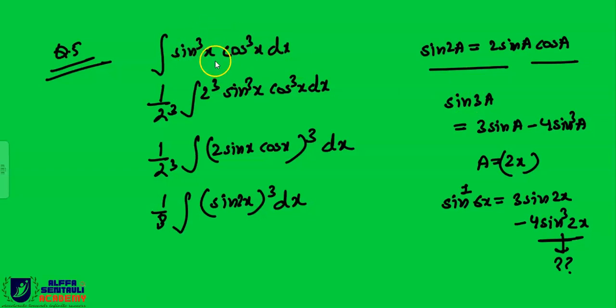First, we know we cannot use the product rule, so what should click in our mind? See, this is similar to this thing, sin 2x can be written as 2 sin a cos a. Then what I thought beta, I should multiply 2 to the cube and divide by 2 cube. Then using the law of indices, you can write this term as a single power. Then I have replaced this term 2 sin x cos x as sin 2x. Then beta you have to use the sin 3a formula, correct? So now I hope you can solve this question on your own as a homework problem, correct? So let us move on to the next question.